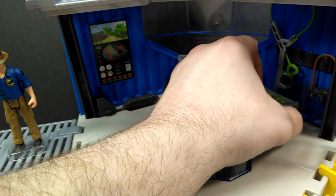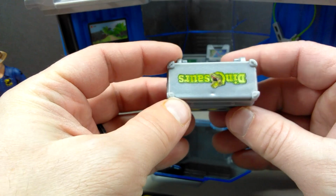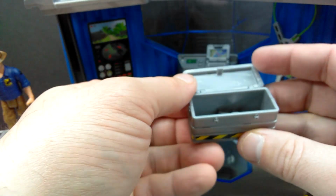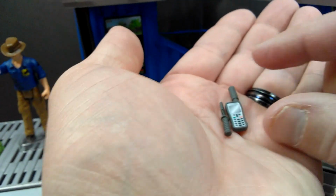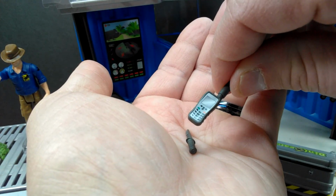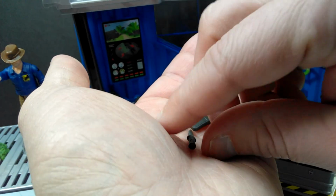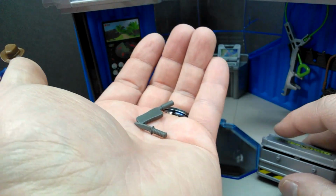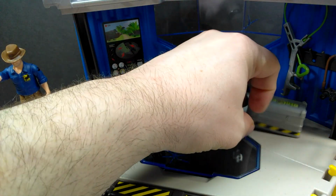We also have a chest back here, a case that includes some fun stuff, and you can see that we've got dinosaurs right there. It's upside down, but there you go. There's the Dinosaurs logo from Schleich. Once you open it up, you actually have a phone in there, so if we dump this out, you can see that we've got yourself a phone, which actually has some pretty nice detailing, again, applied with a sticker. And you also have yourself a knife that you can give to your human character if you choose to,